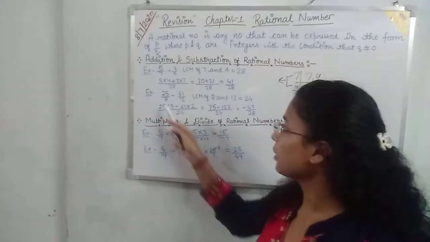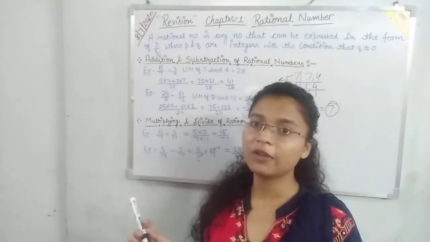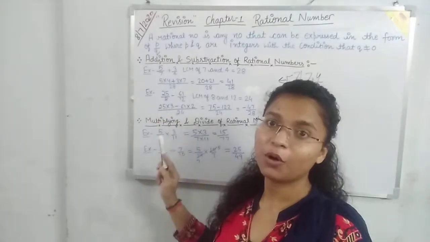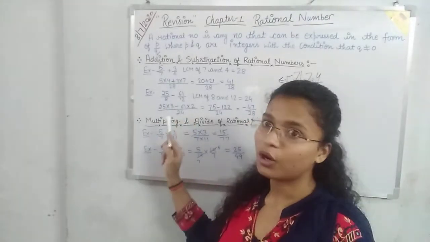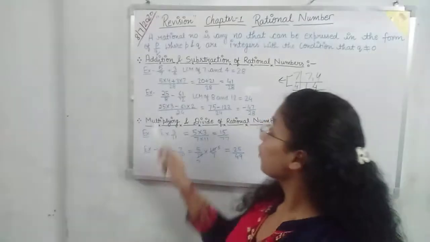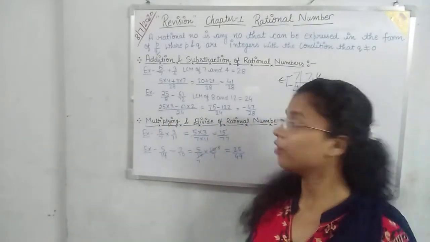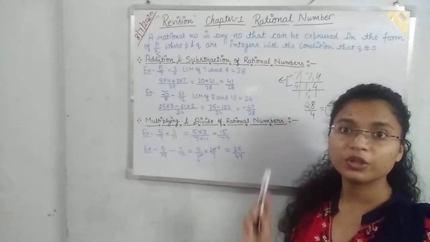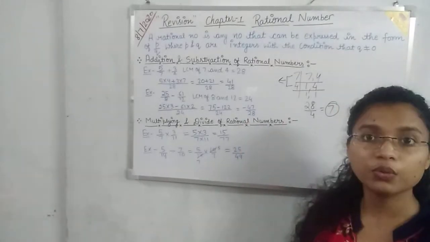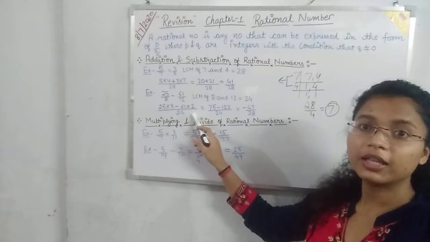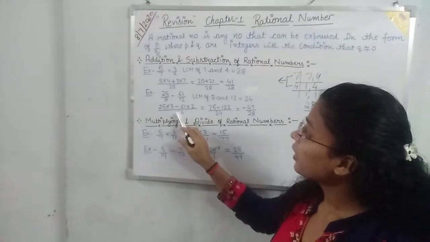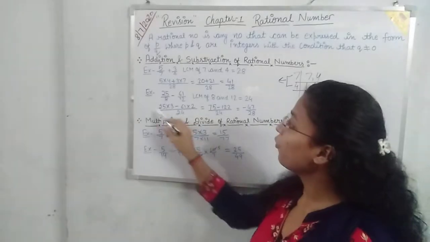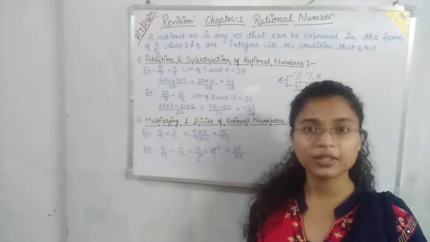In the same way, if you have to subtract two rational numbers, how will you do it? So let's see. Suppose this is your given rational number and you have to subtract them. First, check whether the denominators are same or not. So here the denominators are not same, so take the LCM. When you take the LCM of 8 and 12, you will get 24. Okay, this 24 is the LCM. Now, how will you solve? Write 24 in the denominator, then 24 by 8. When you do 24 by 8, you will get 3.